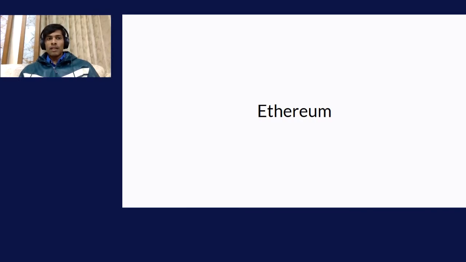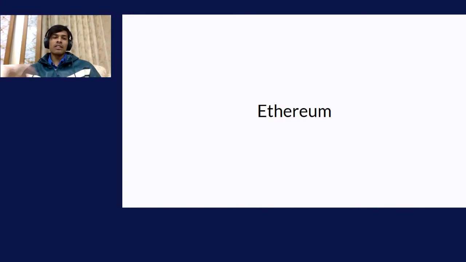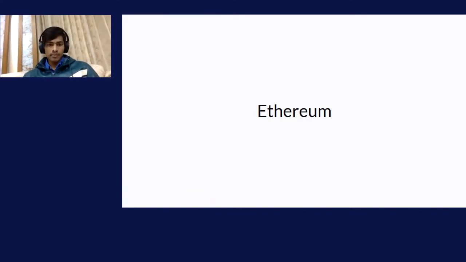So let's say you had to make some kind of a service that you do not want people to trust, but you want them to be able to verify, right? Some kind of sensitive financial service or things like that. Instead of running that code on a central server, if you could somehow put it on the Ethereum blockchain, people would be able to verify what the code is and interact with it if they want to. And all of this happens in a decentralized and censorship resistant fashion. So basically, all the guarantees that Bitcoin gives for transactions, Ethereum gives those guarantees for computation. And that's why the Ethereum blockchain is so interesting, because you can do a lot with it.